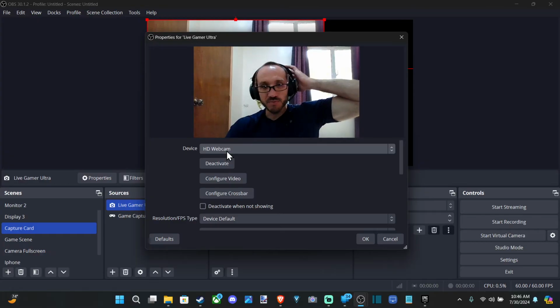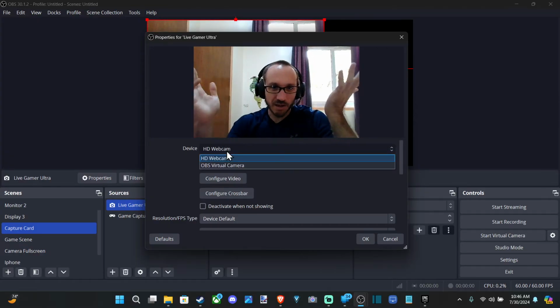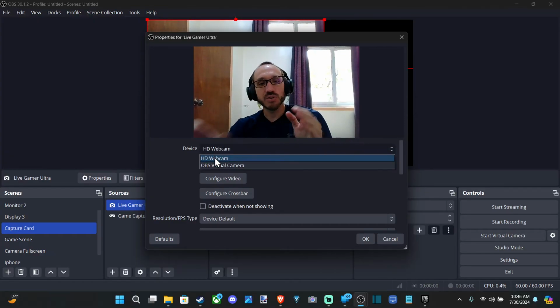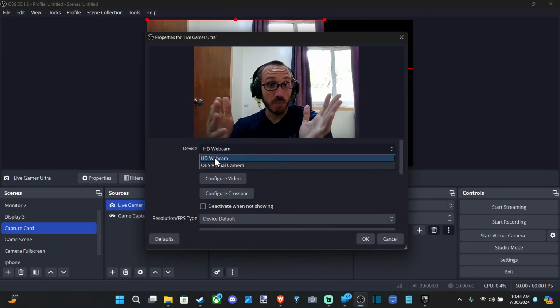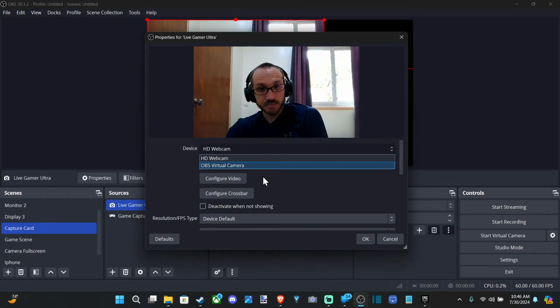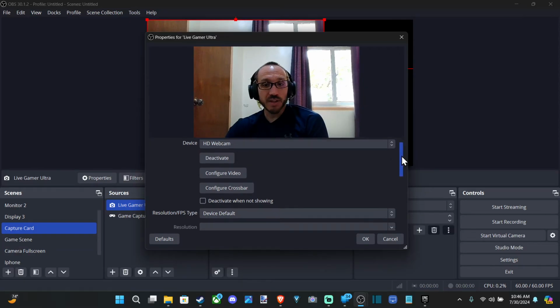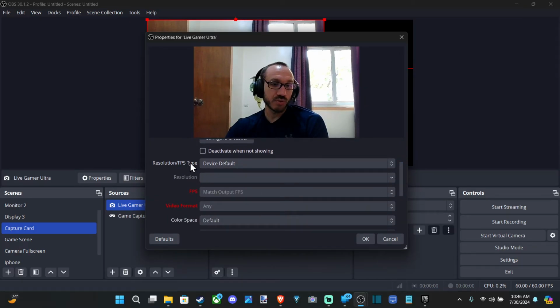Now on the top, go to devices. So you can see my HD webcam, but under devices, your capture card should show up. Just simply select it. And once we have that selected, we want to go on down to resolution FPS type